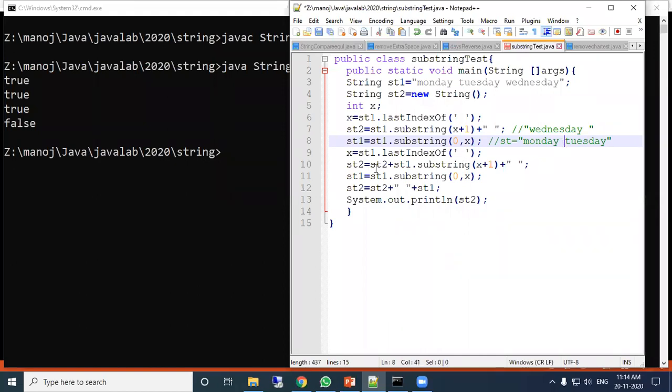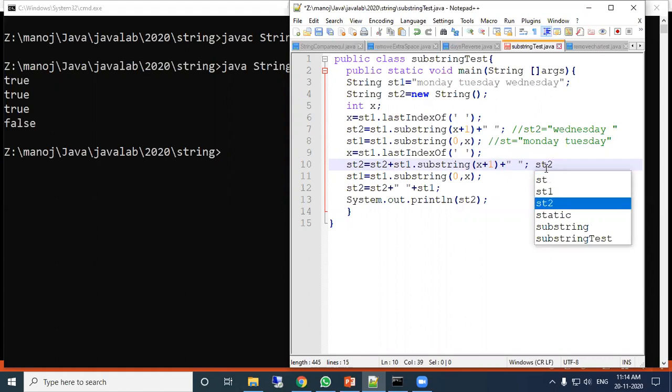Now ST2 equal to, so here ST2 already contains Wednesday with a space. Now what happens? The Wednesday is there, and from this space onwards, ST2 is Wednesday, then there is a space.